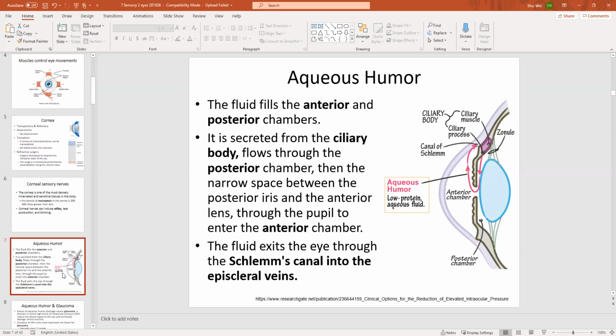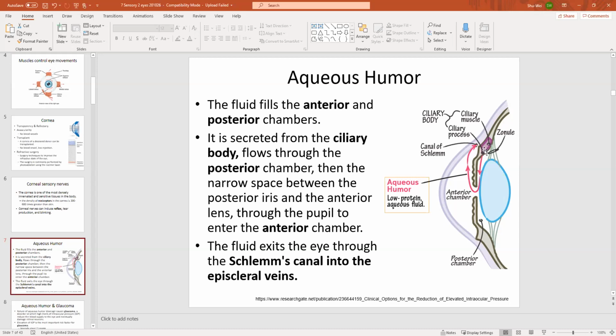Another thing we need to know is that the cornea doesn't have a blood supply. Then the question is, how do we nourish the cornea? Cornea is right here. If there is no blood supply, then how do we provide its oxygen? Because here we have a lot of living cells that need to be nourished. So the way our body does it is that they don't provide red blood cells or blood vessels going through, but they secrete from here